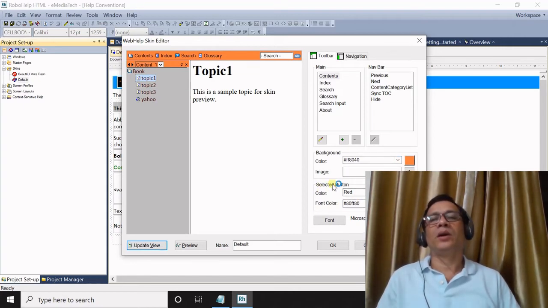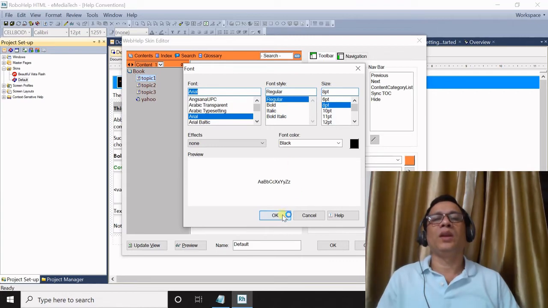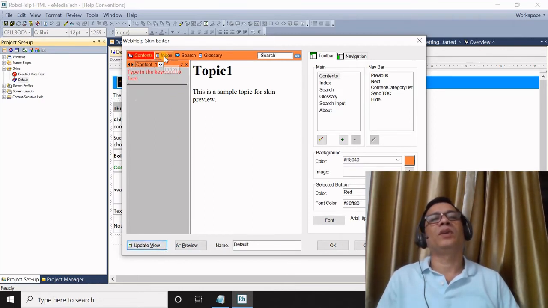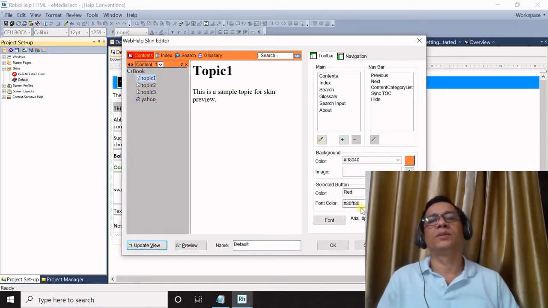And then this is for the selected button and this is for the font. So I'm going to change the font. Currently this is the font, so we'll change it to Arial, and now we'll apply. We'll see that this font has changed to the current one, that is Arial.